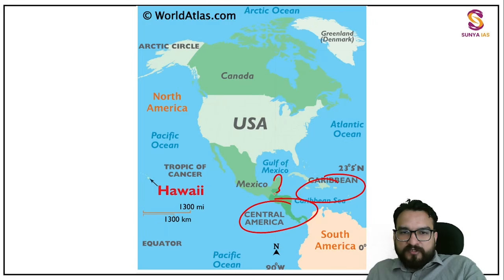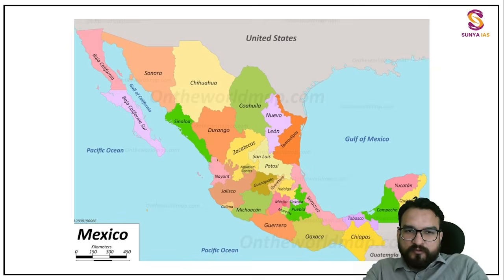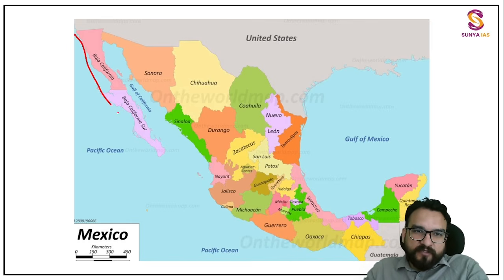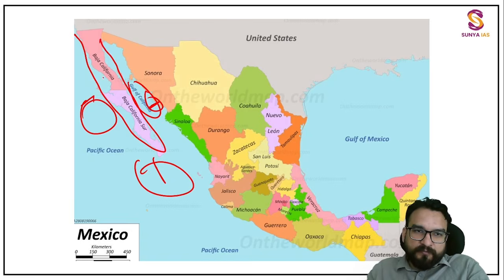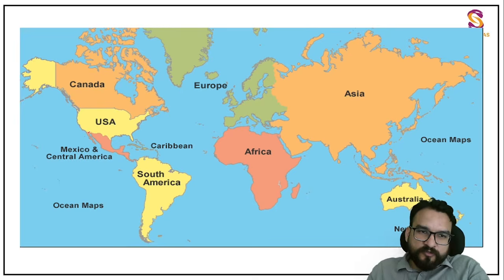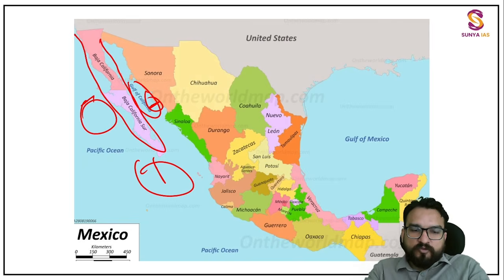Now we will be focusing a bit on this country Mexico, guys. Now this portion which you are seeing over here, let me focus upon this particular part. This is a peninsula sided by 3 water bodies over here, right? So this is a peninsula. Over here also you must be seeing. So this is a part of Mexico.